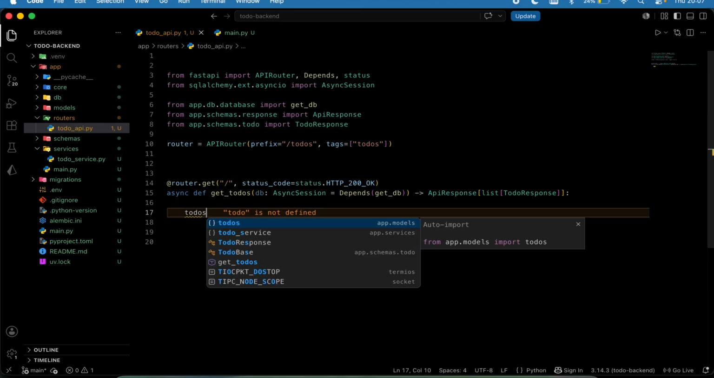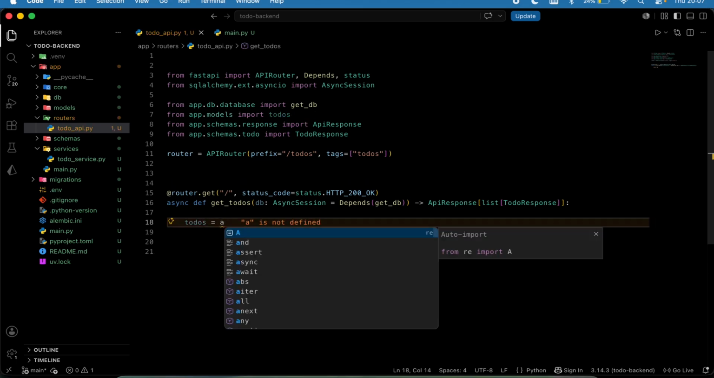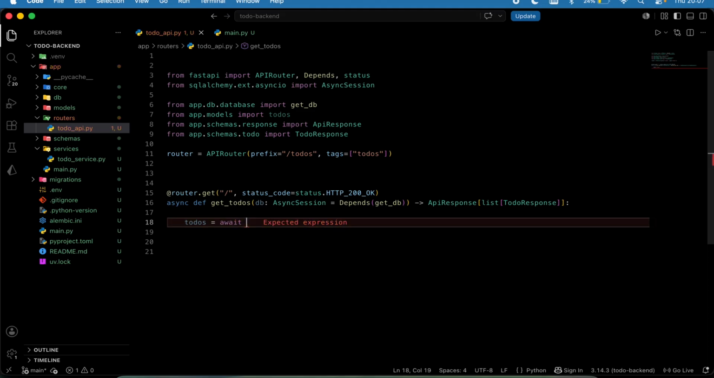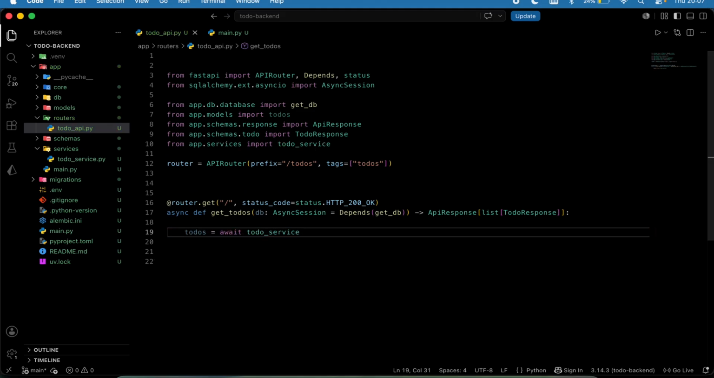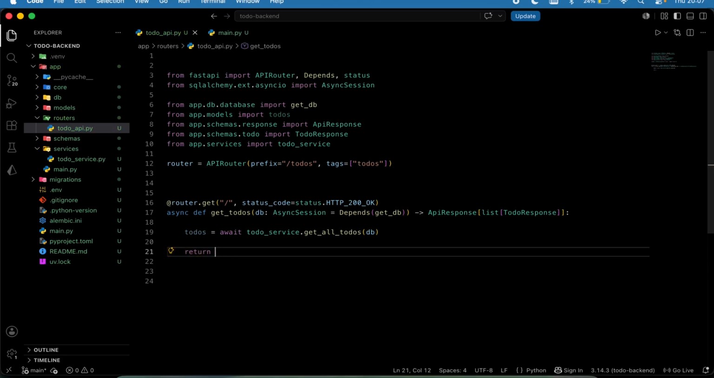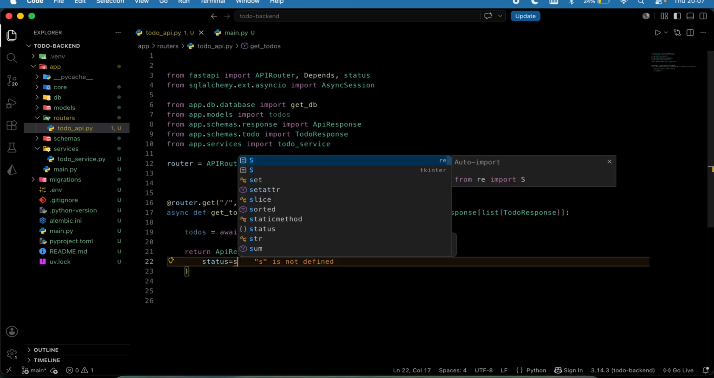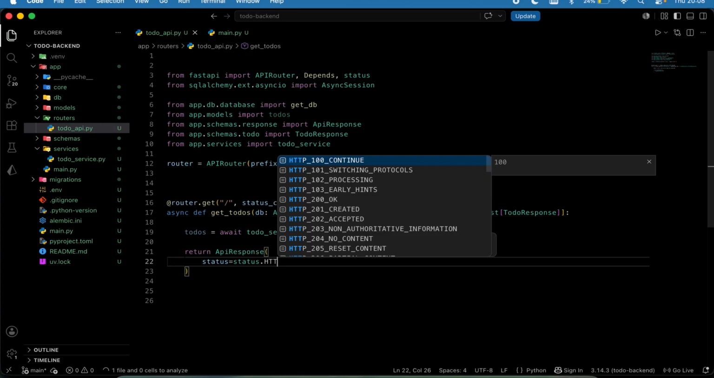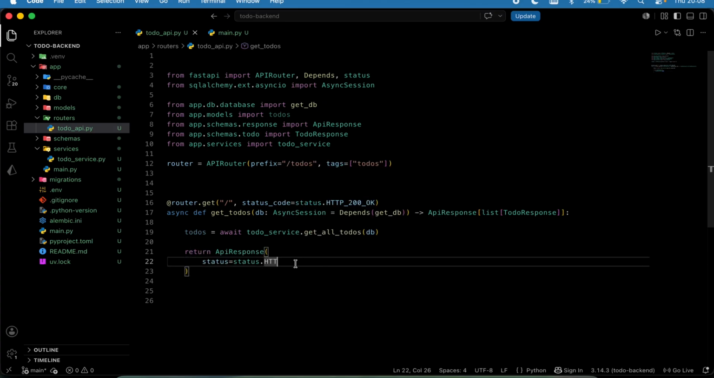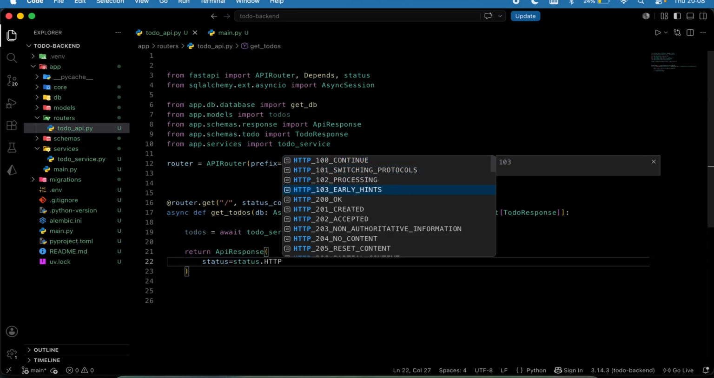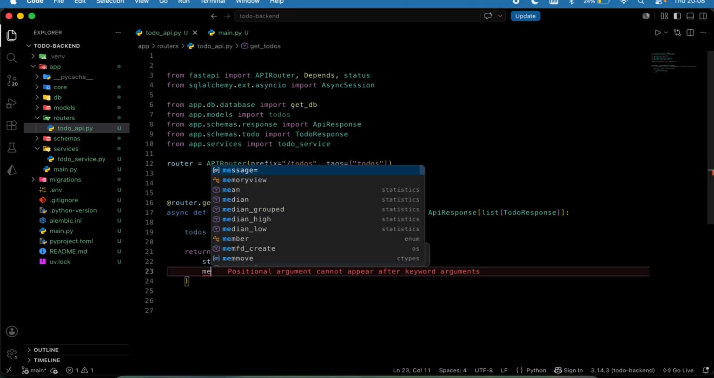And I'm going to say to-dos is equal to await our to-do service dot get all to-dos, and I'm going to pass my database down like so, and then I'm going to return the data by building my API response and saying the status is going to be status dot HTTP 200 dot OK. And then I'm going to say the message will be